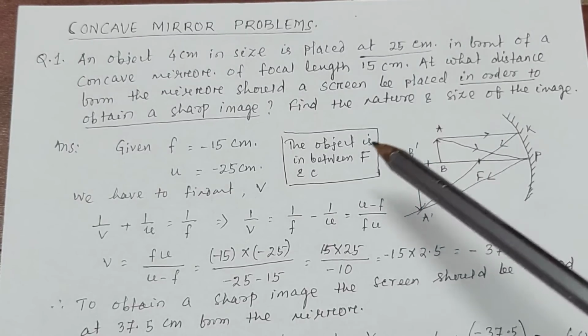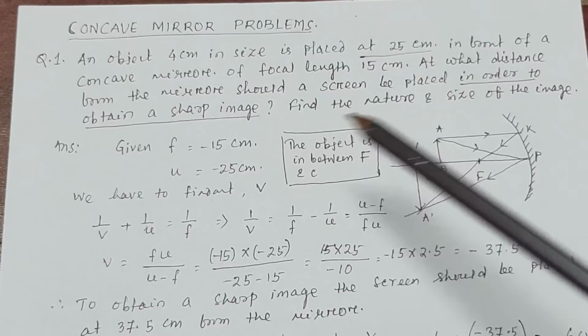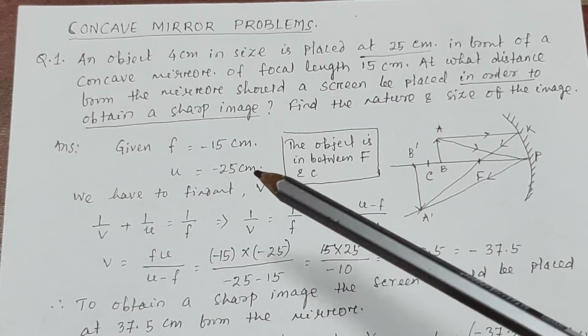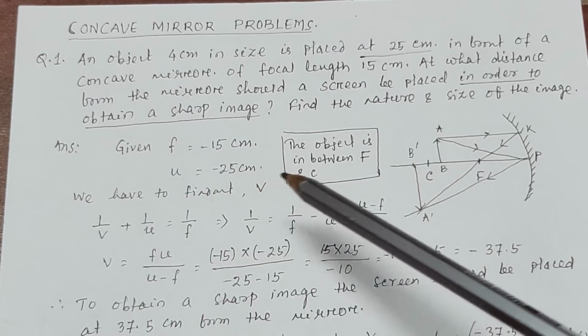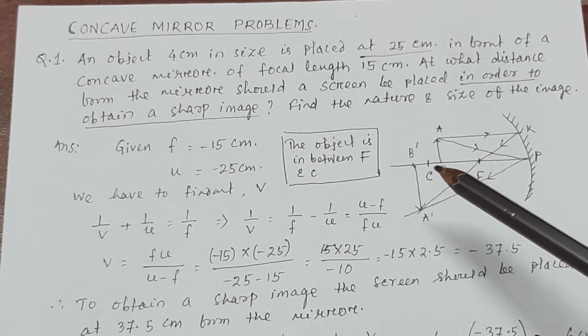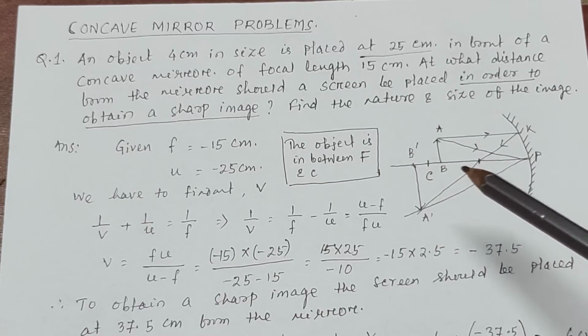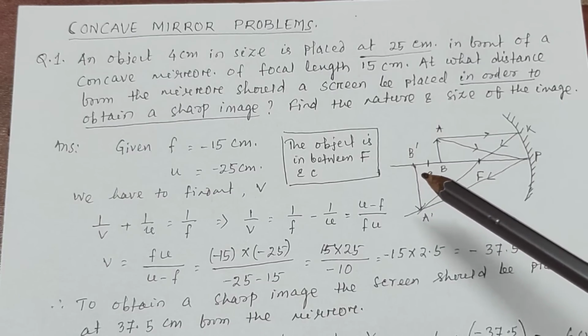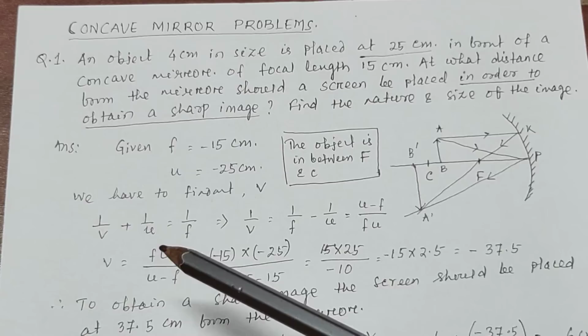So given focal length is equal to 15 centimeter, so center of curvature will be equal to 30 centimeter. Object distance given 25 centimeter, so object will lie in between focus and center of curvature. So if the object will lie in between focus and center of curvature, then the image will be formed beyond center of curvature. So by applying mirror formula